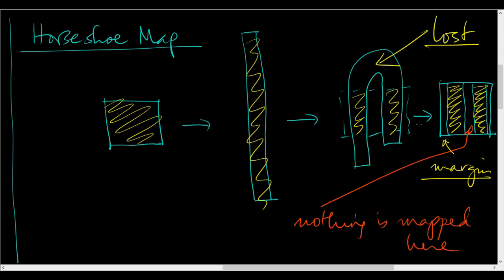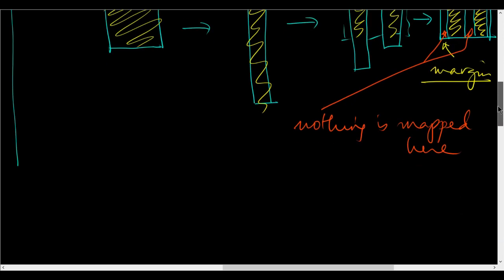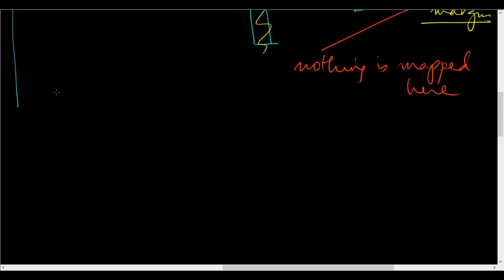Well, nothing is mapped here either, but we will get rid of that margin. Okay, so this is the horseshoe map, and there are rather remarkable things you can understand about chaotic dynamics when you think about the horseshoe map. So we are going to think about it now, and the way we will do it is we will first get rid of that margin, and so after mapping, what we will get